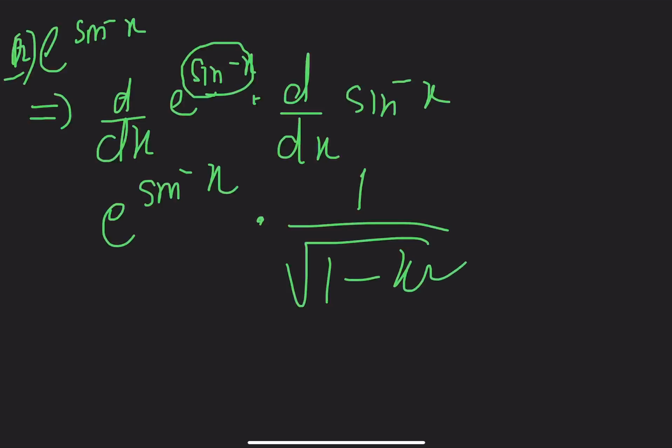It is 1 minus x square. Sorry, I was just confused with the expression. This is 1 minus x square, and just combine it and you get the answer. This is 1 minus x square only. I'm so sorry I confused it. Alright, so I hope this is clear.